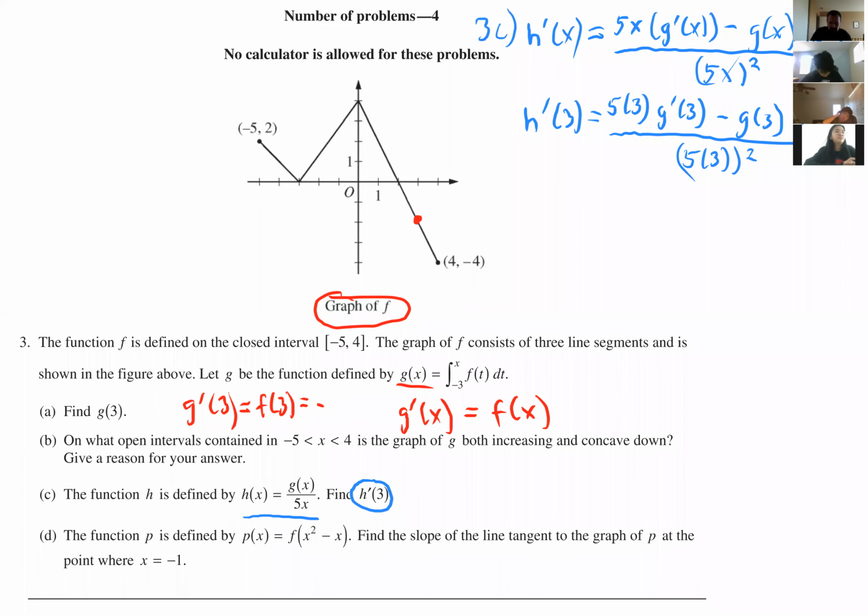If you're not sure, you can use the slope of the segment. So it looks like we're going down 4/2, so down 2/1, down 2/1, down 2/1. That would give you a y coordinate of -2. So this value here is going to be -2. And then to get g of 3,